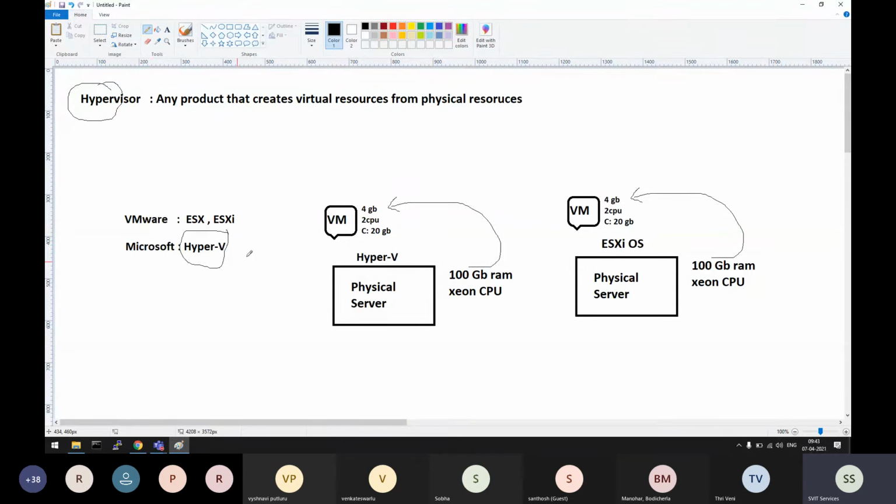Hypervisor, Hyper-V. Okay, there is no difference at all. They are not related at all. This is an example of this technology. Understood? Hyper-V is an example of hypervisor. Okay, just to confuse you, whether you're really aware of this in-depth technical background or not, they will ask questions like that.